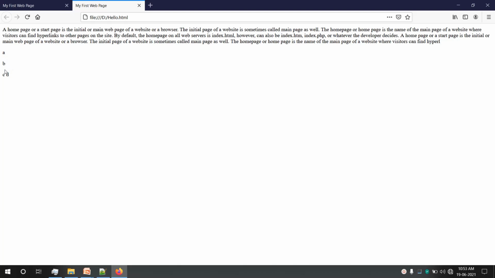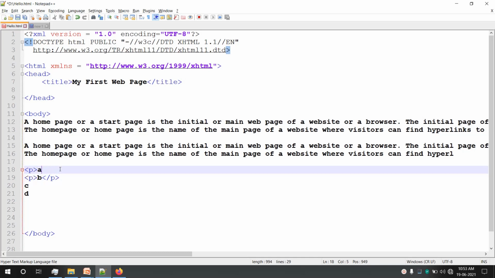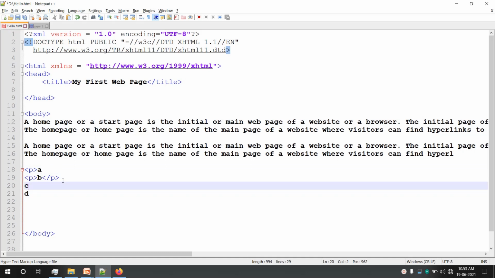Okay, or what we can do is, instead of paragraph, you can add a break tag.